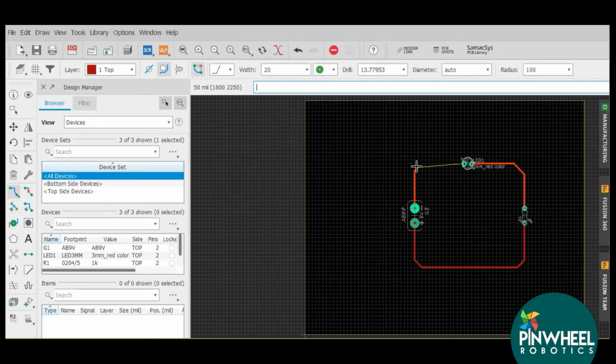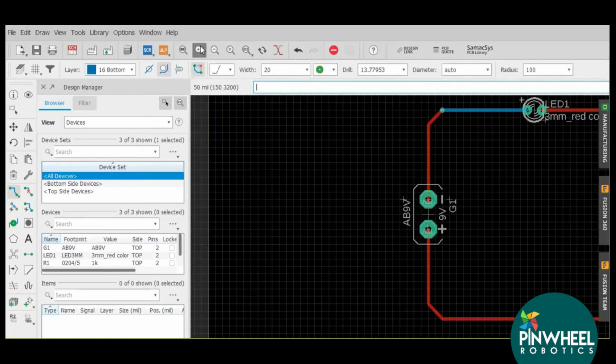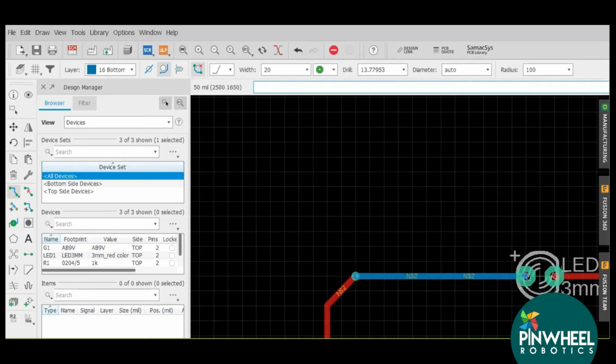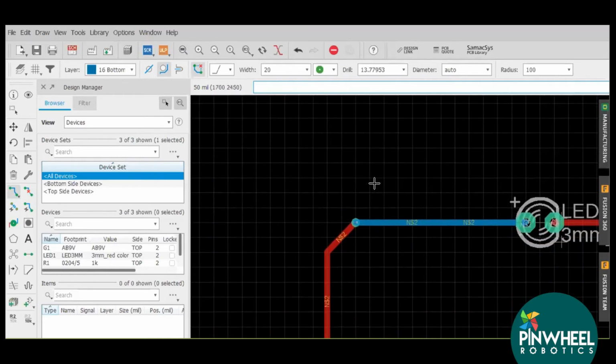Now I want the bottom layer, so I will use a via. How will I connect the via? See, I will go to the bottom layer. Then automatically a via will get generated. You can see it here. This via is generated here.